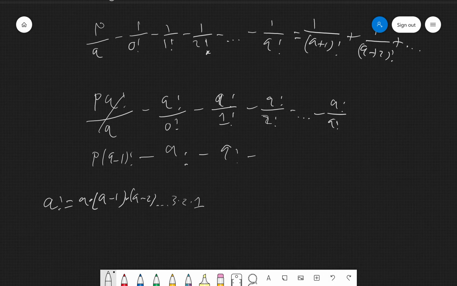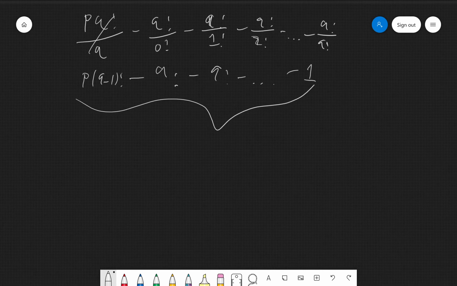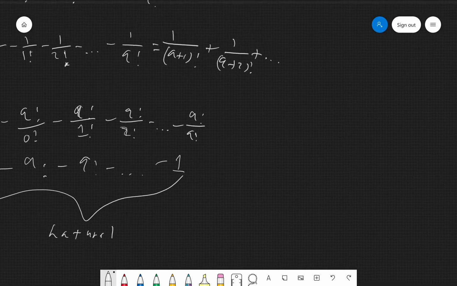That means that on this side, minus q factorial over q factorial is 1. On this side we're going to have a natural number, right? So it's natural. On the other side though,